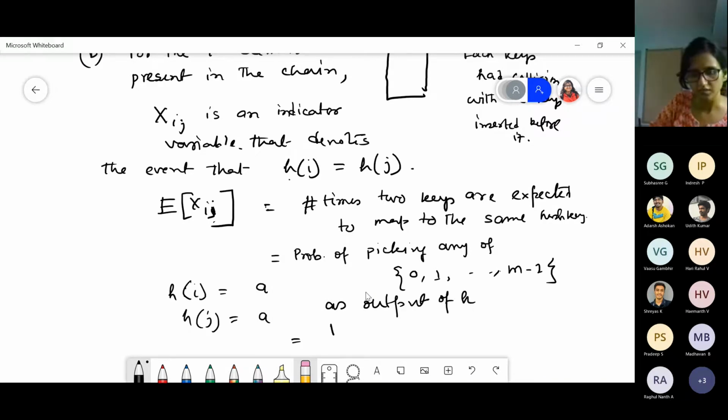So this is actually 1 by m if we consider the simple uniform hashing assumption.